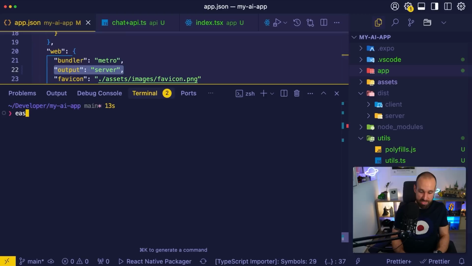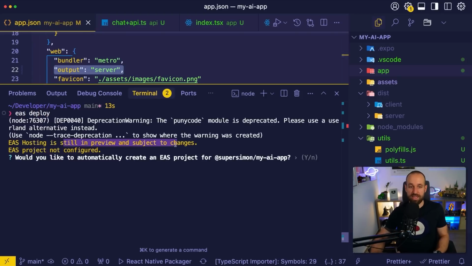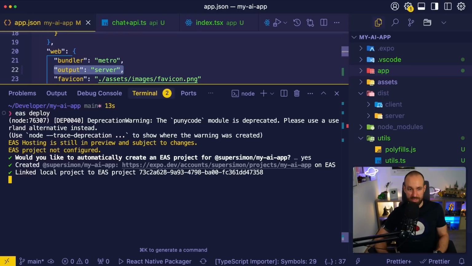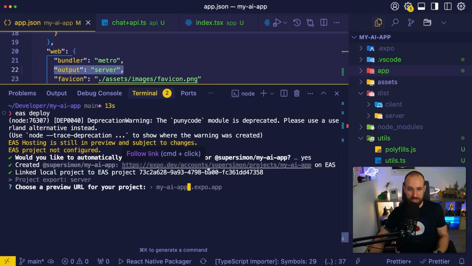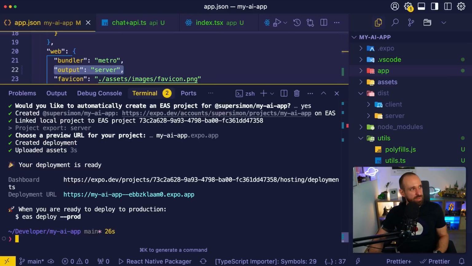And the only thing we need is EAS deploy. That means with EAS hosting, yeah, it's still in preview. Would you like to automatically create? Yes, please go ahead. Here we go. And then this will link this to a new project that we can open. I can choose a preview URL. Yeah, whatever, just use this one. We're creating the deployment. And I'm actually not sure if my env file is deployed like this as well. I don't know exactly. I will just deploy this now to prod as well